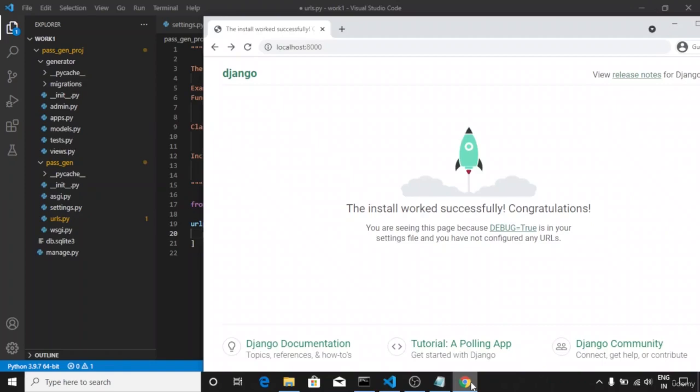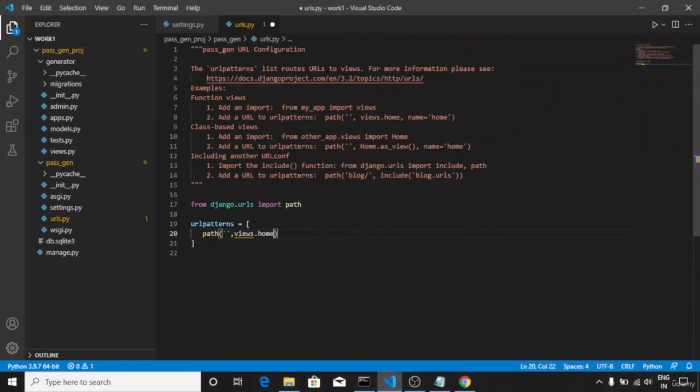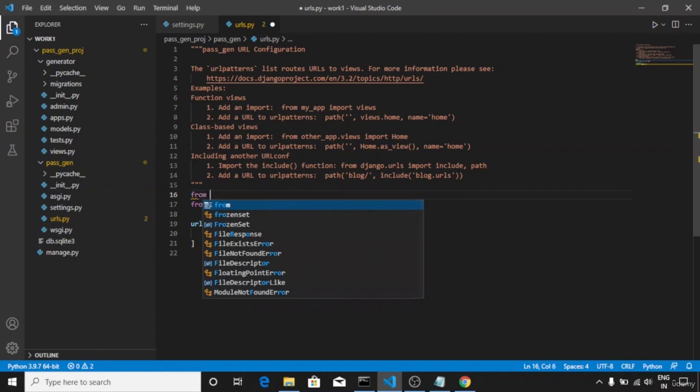Like you can see here, this rocket page is the current default page because we haven't mentioned any path. So if we mention something like views.home, we have to also import our library. So what is views.home? This is where we will define our home function inside this views file, and we want our custom or default page to be here. We are changing our default page. So if you write views.home with a comma, before that we also need to import views. So we will import from